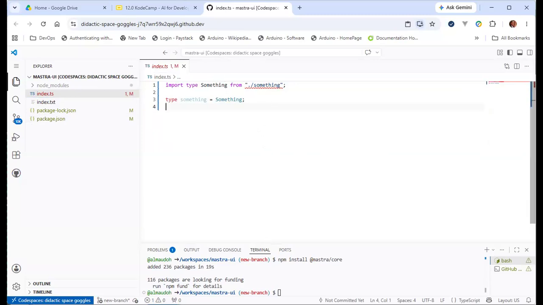Okay, so I'm going to switch to VS Code.